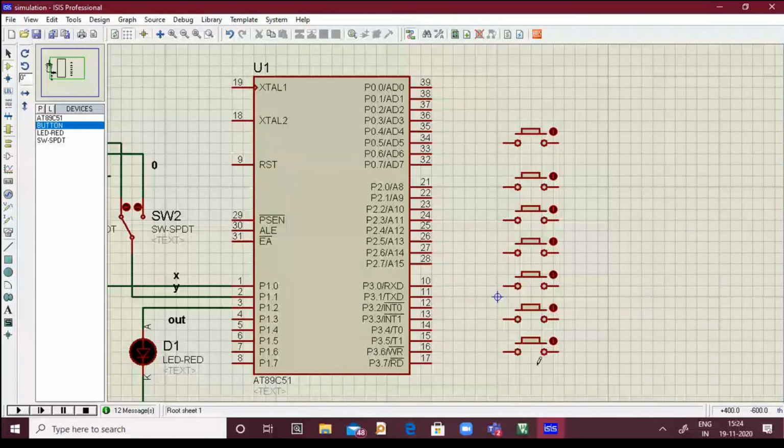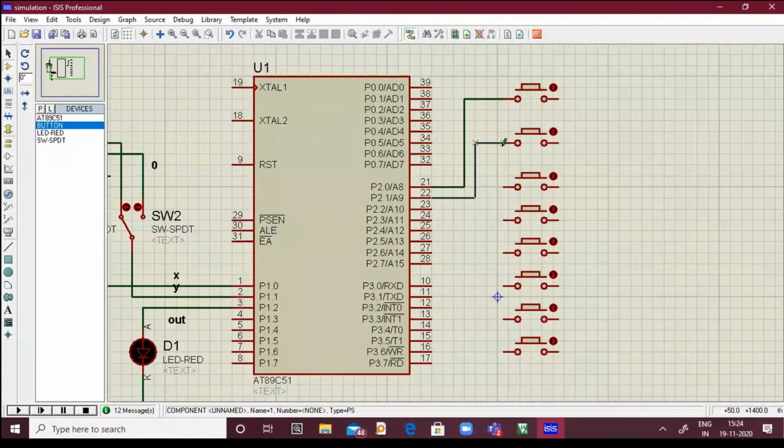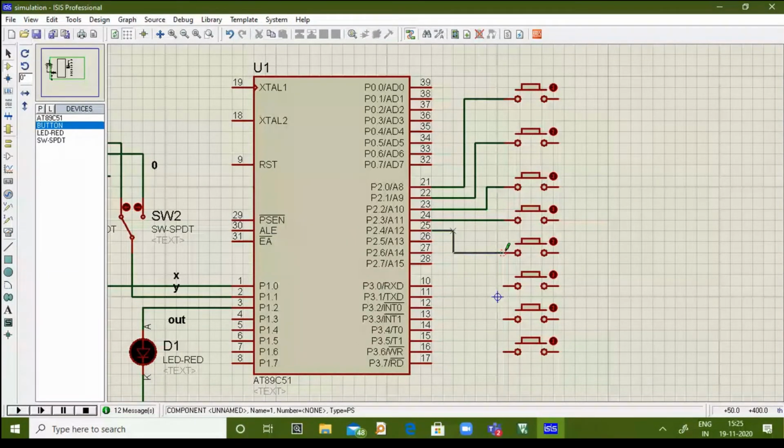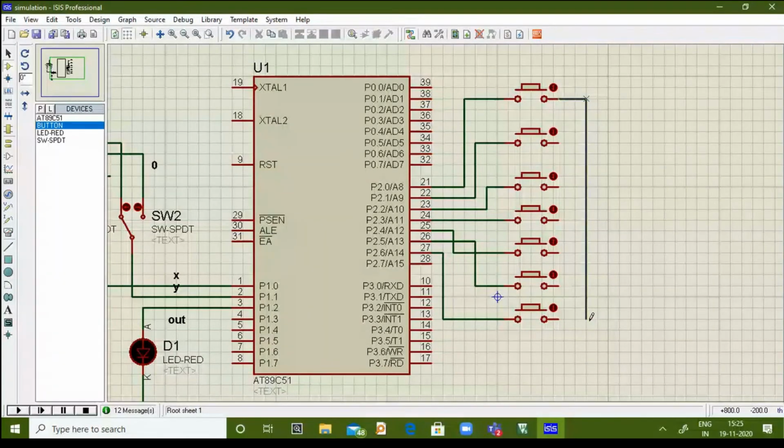Okay, so I'm going to use the first button as an AND gate, second button for OR, third button for NOT, fourth for NAND, fifth for NOR, sixth for XOR, seventh for XNOR. One more is extra. So I'm going to connect this second terminal towards the ground.